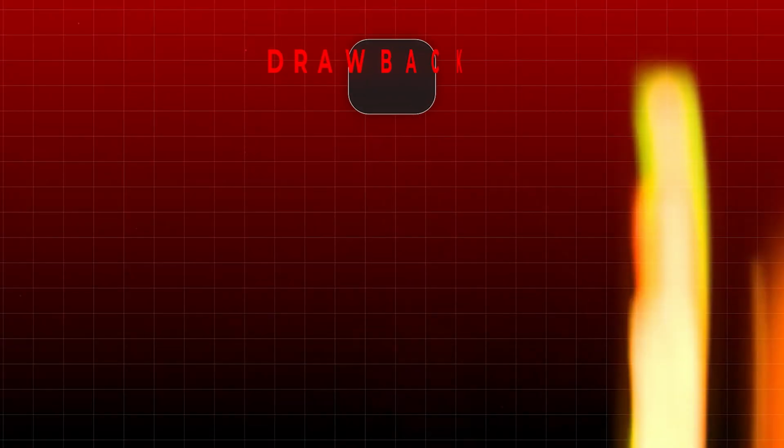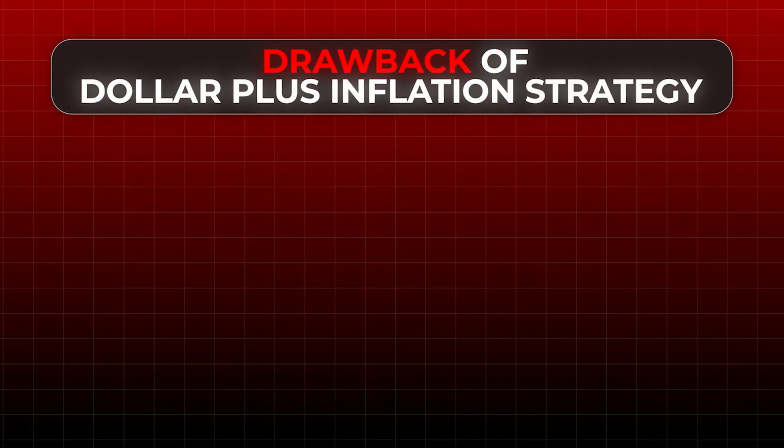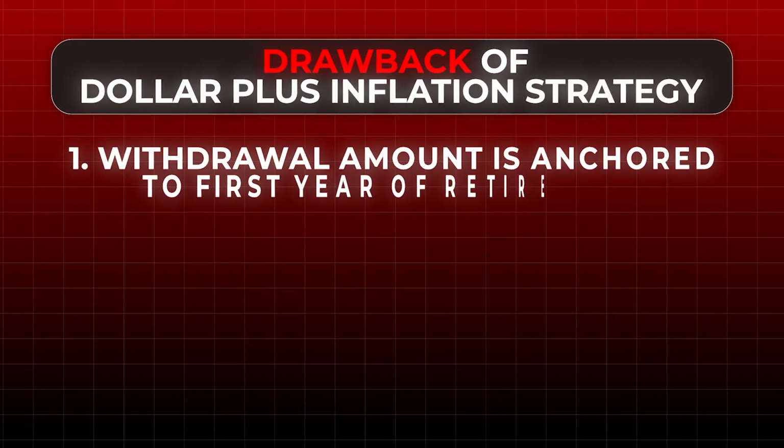This strategy ensures that your withdrawals adjust for the increase in your cost of living each year, so you won't need to cut back on your budgeted expenses. Additionally, this strategy is relatively simple to implement, as you only need to increase your withdrawal amount by the inflation rate each year. However, the biggest downside of this strategy is that the 4% withdrawal amount is anchored to the